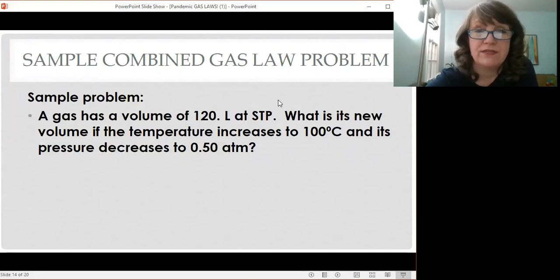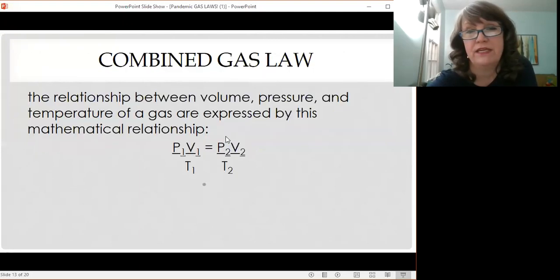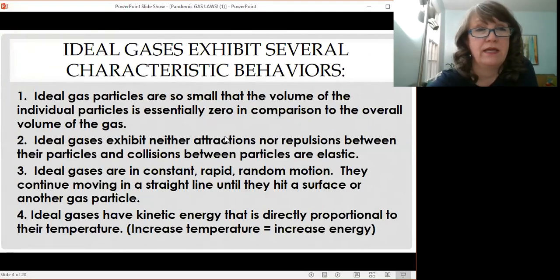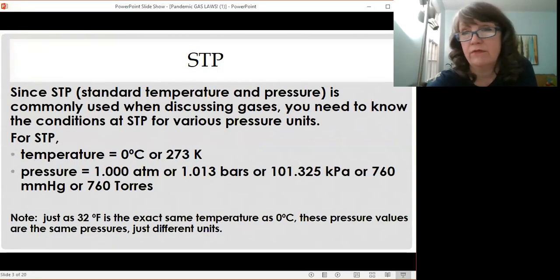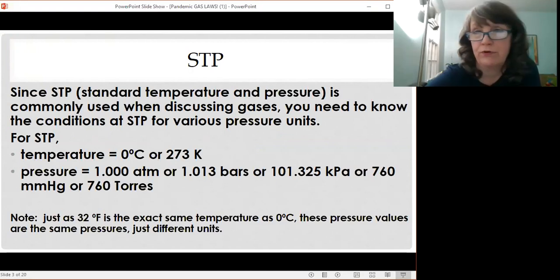Well, this is going to take us back to something we discussed on the first tutorial, and that's the concept of STP. You may remember way back here on slide 3, we talked about STP, and that simply means standard temperature and pressure. So whenever you're told that a gas is at STP, you know its pressure and its temperature. And its temperature will be 273 Kelvin, because we have to use Kelvin. And then the pressure will either be 1 atmosphere or 101.325